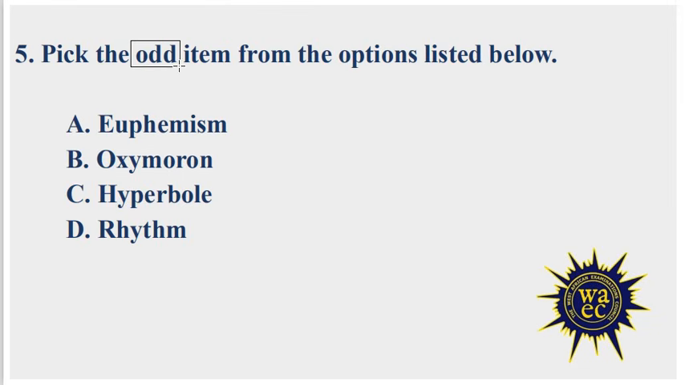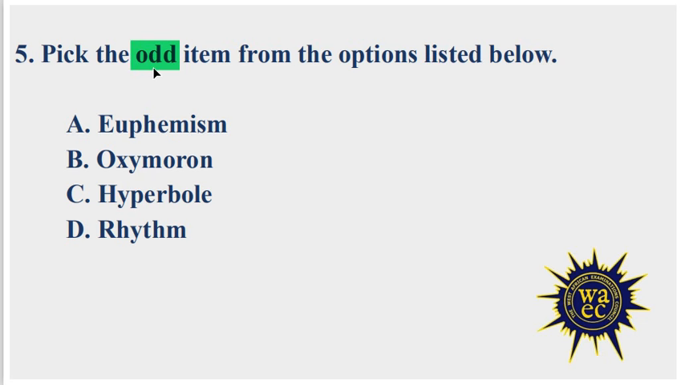Question 5. Pick the odd item from the options listed below. A. Euphemism. B. Oxymoron. C. Hyperbole. D. Rhythm. Whenever you see a question that says pick the odd item, it means pick the one that